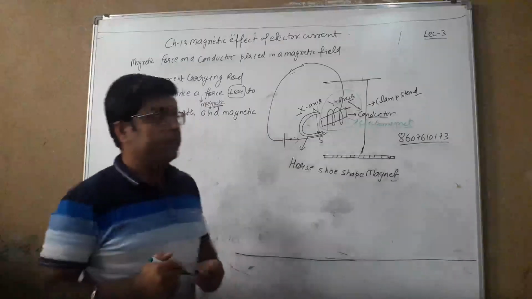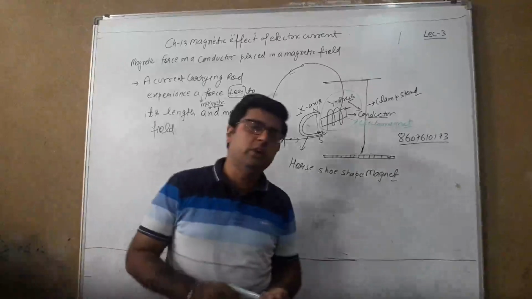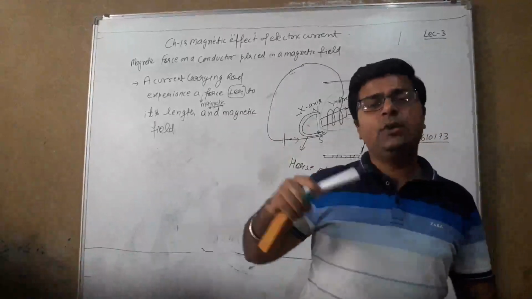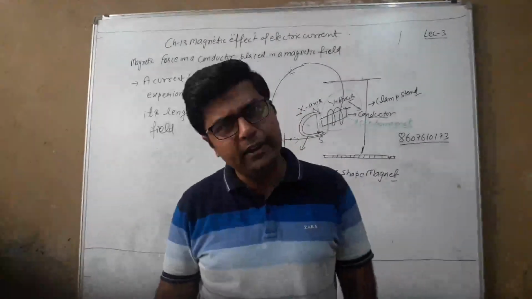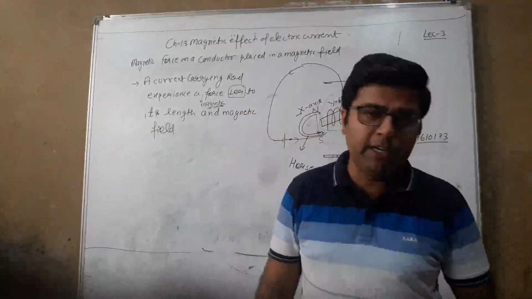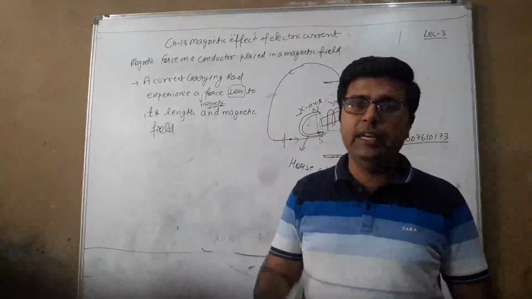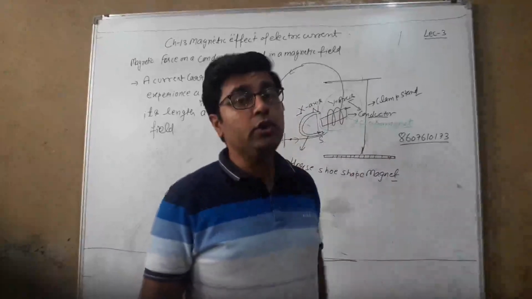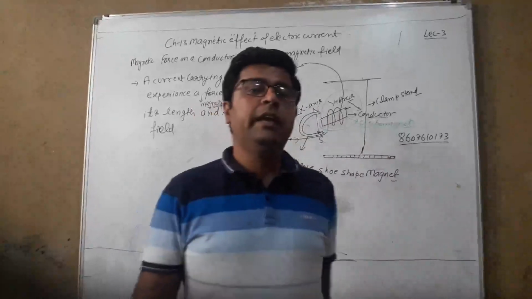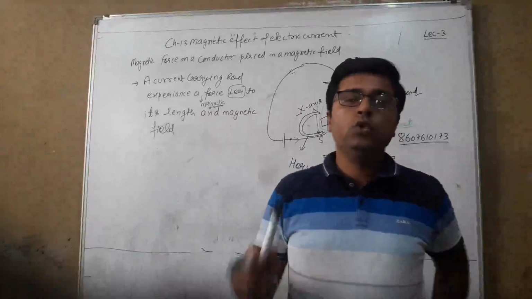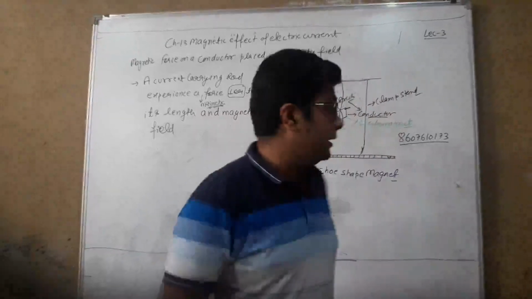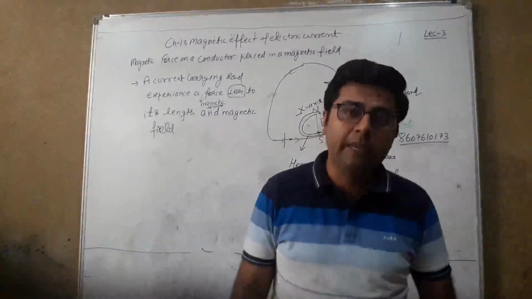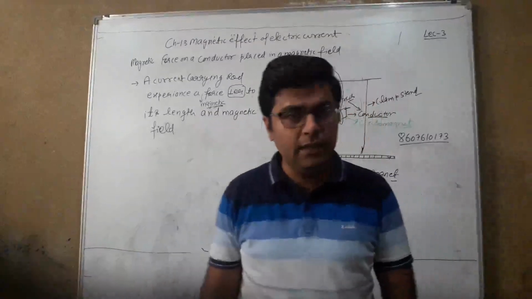Is it clear? This arrangement is our solenoid. What is a solenoid? Helically wound current-carrying wires on a conductor form a solenoid, and that conductor behaves as an electromagnet. Why? Because inside those helical wires we have a uniform magnetic field, and due to that, the conductor inside the solenoid shows the property of magnetism, or behaves as a magnet.